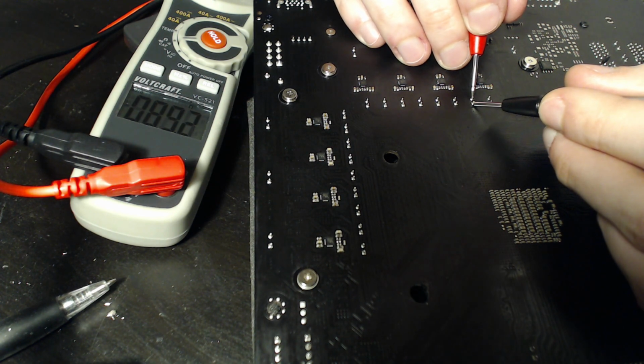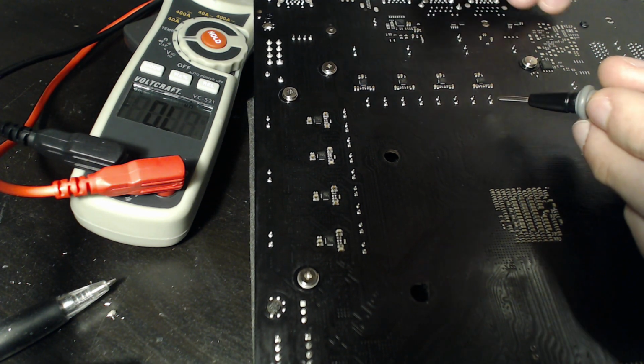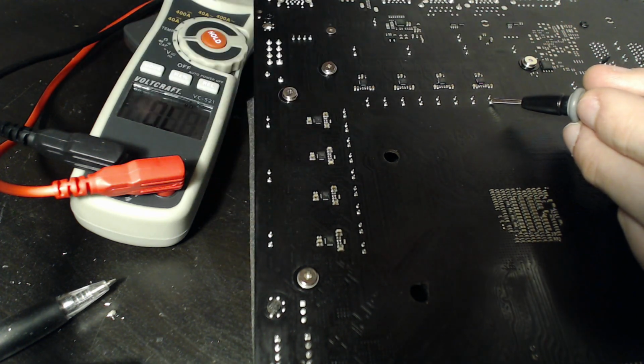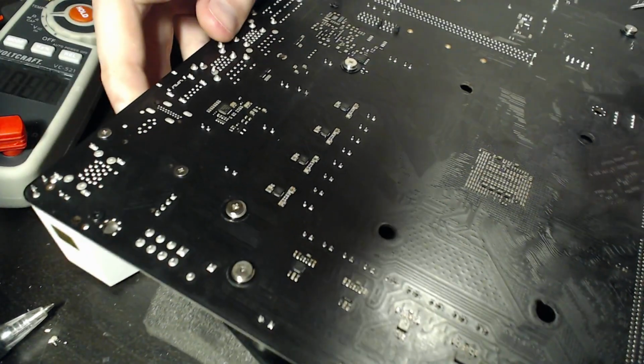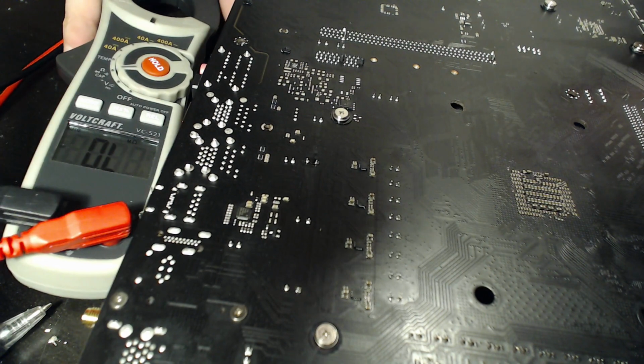But that doesn't tell us which side of the capacitor is Vcore. In order to figure out which side of the capacitor is Vcore, we're going to stick one probe against one of the legs, and then we're going to go and look for a known ground. Screw holes are all ground. The metal shielding of your I/O is also ground. So I'm actually going to take my measurement for ground off of the I/O, because I know that's ground,